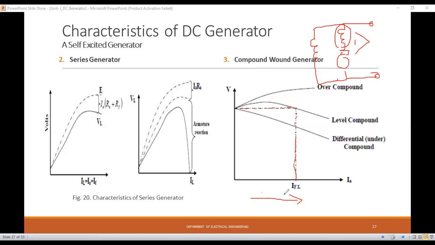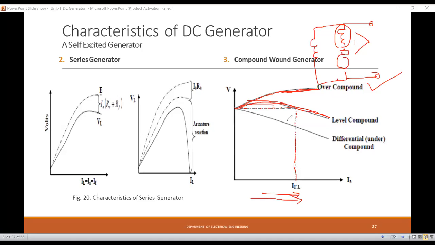बघा, ज्यावेळेस load current increase होतोय, induced EMF किंवा terminal voltage मशीनचं increase होते. So this type of curve is called an over compounded generator. हा जो काय असेल over compounded generator असेल. Now if series field winding turns can be so adjusted that with increase in the load current, the terminal voltage of the generator is substantially at a constant value. जर ते constant value ला असेल, then we can call it a flat compounded DC compound generator. So this curve shows the flat compounded DC generator.